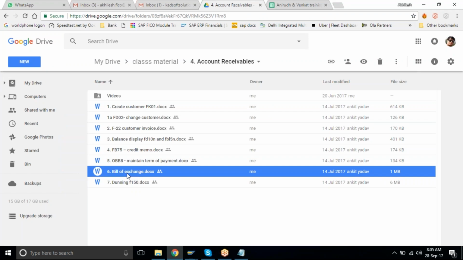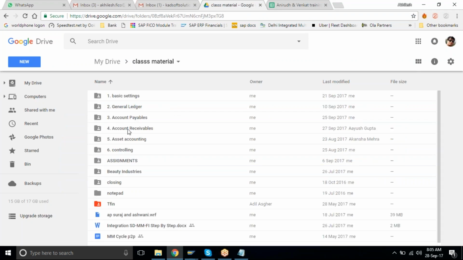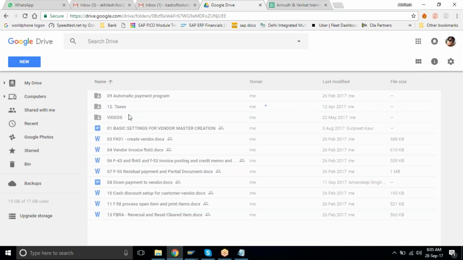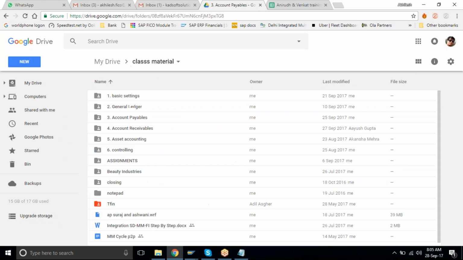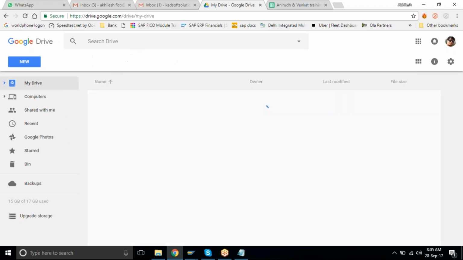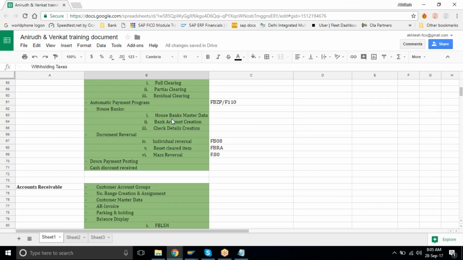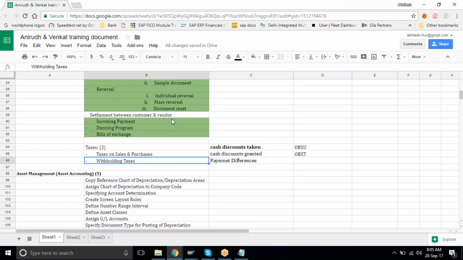You see. The next topic is going to be taxes, that is inside here itself, in the AP only. So we are almost done with AR and AP, leaving taxes.